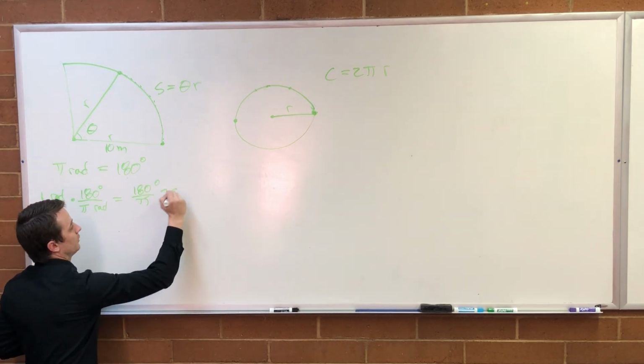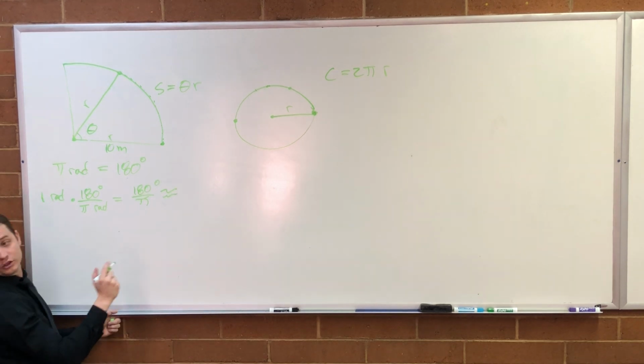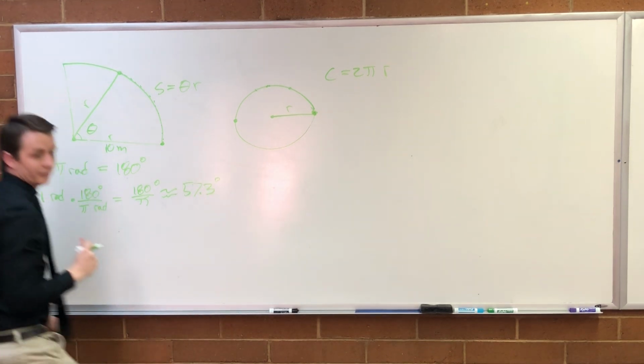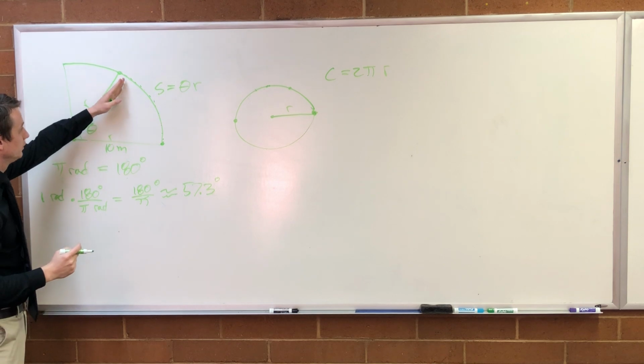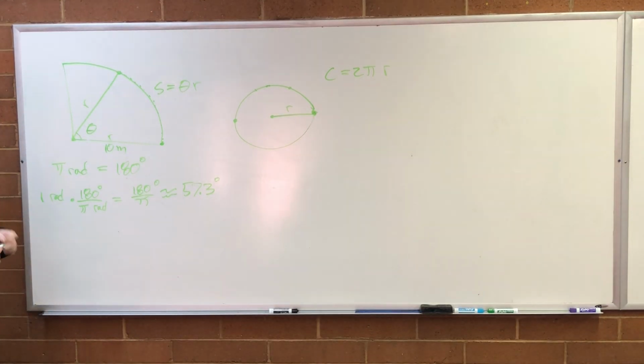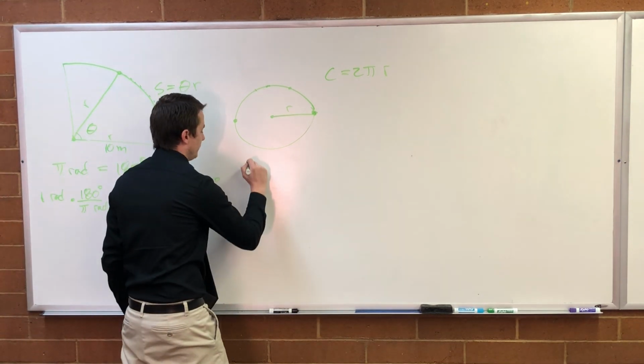You can plug that into a calculator to get a rough approximation. It should come out roughly 57.3 degrees. So 1 radian is a little less than 60 degrees. Make sense? And then you can do it the other way to figure out what 1 degree is, and you'll see that 1 degree is roughly